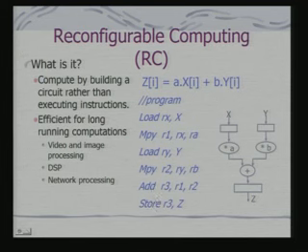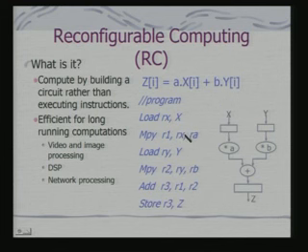Now what is interesting here is, this is a set of assembly language instructions, a multiply, a load, you can understand this, that will be used for computing this function. So if I have the ability to generate a circuit corresponding to this statement, then what I am really doing is reconfigurable computing.